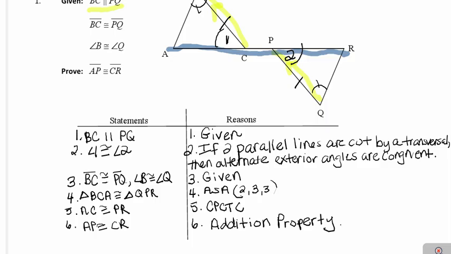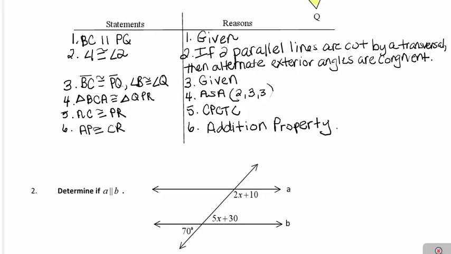So like I said, these proofs are very similar to the proofs you saw in the last section, except you're just going to be given that 2 lines are parallel instead of trying to prove that. Moving on to our next example,